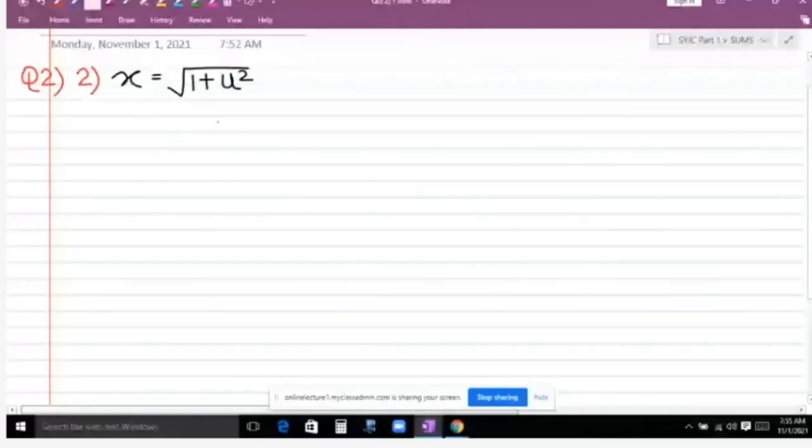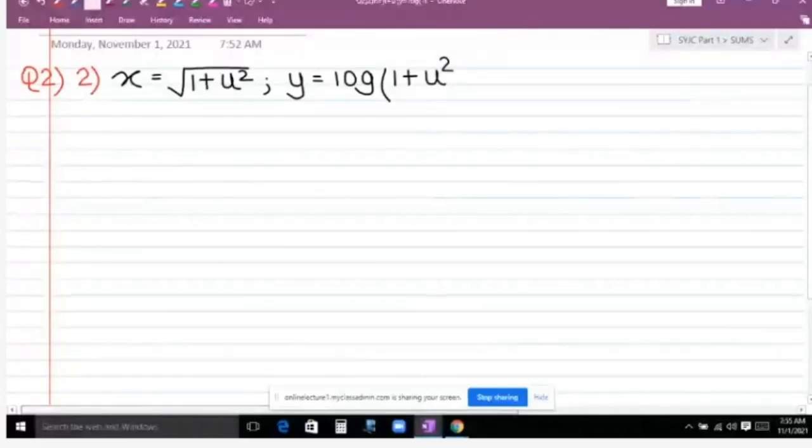Y is equal to log of 1 plus u square. Chalo beta, this time